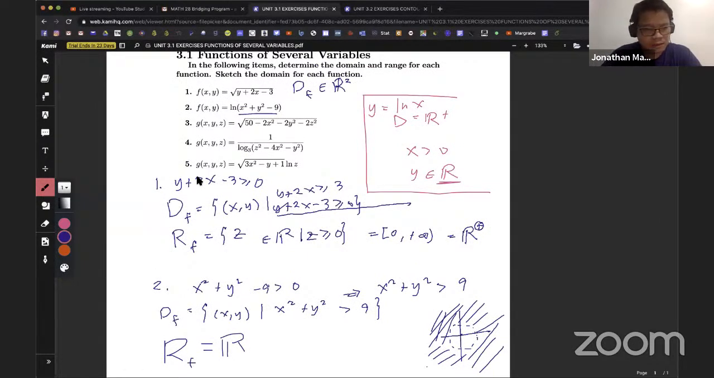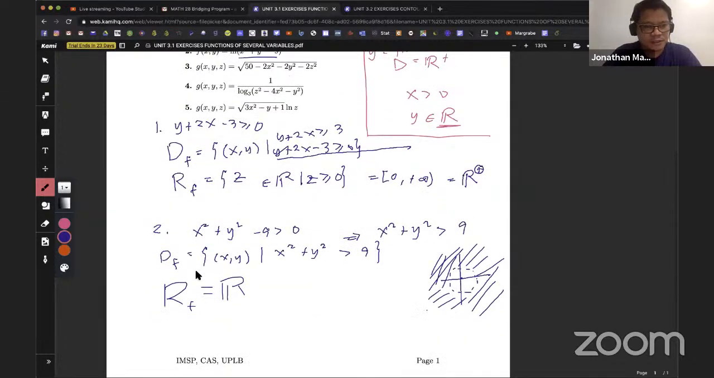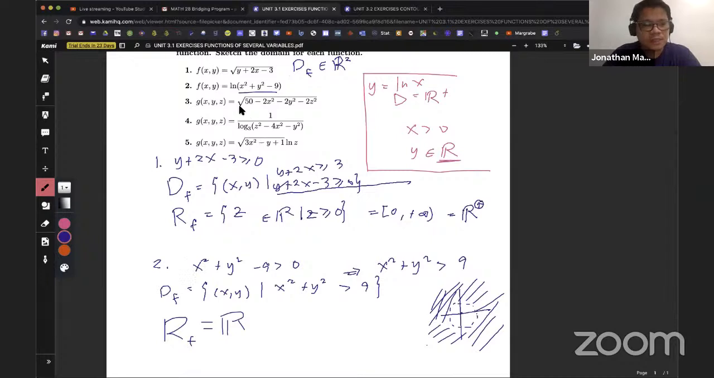Okay, so we go with this one, let's answer number 3. Then number 4 and number 5, I'll leave to you. For number 3, again we still have a square root function. In this square root function, g of x, y, z equals the square root of 50 minus 2x squared minus 2y squared minus 2z squared. Okay? In that function,